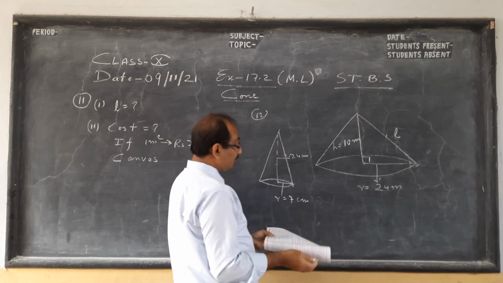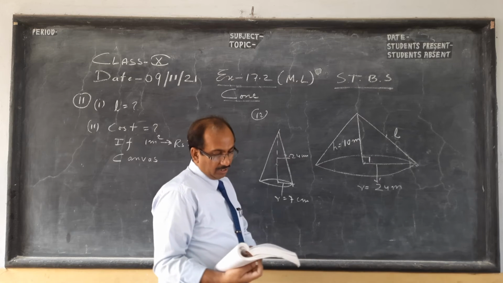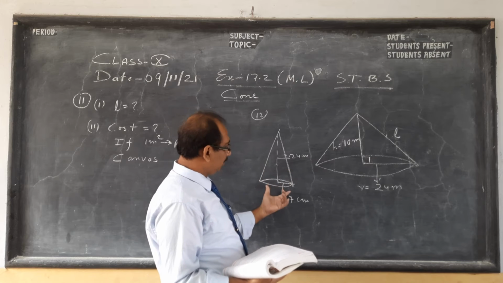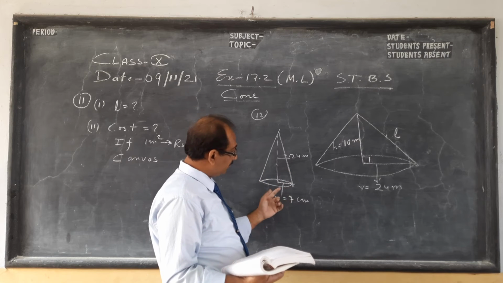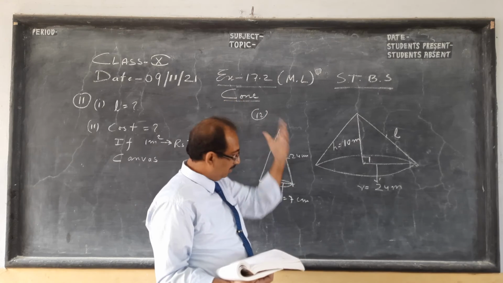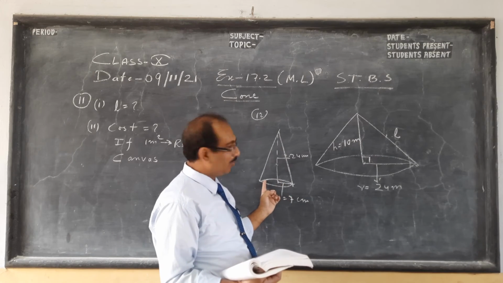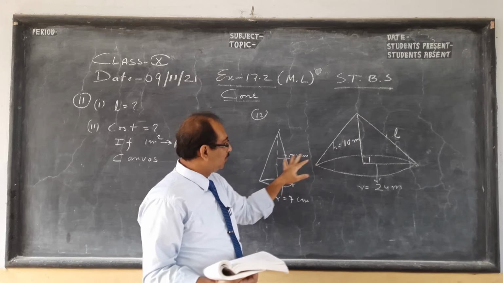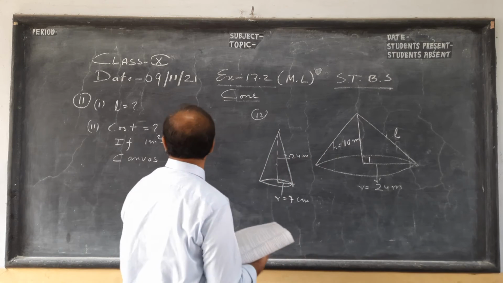So there, what you have to find in question 12: find the area of cloth required to make 10 such caps. Here this will be open, so don't take the total surface area. You have to put the cap on; if you block it over here, you cannot put it on. So only the curved surface area you find, like I am finding here.